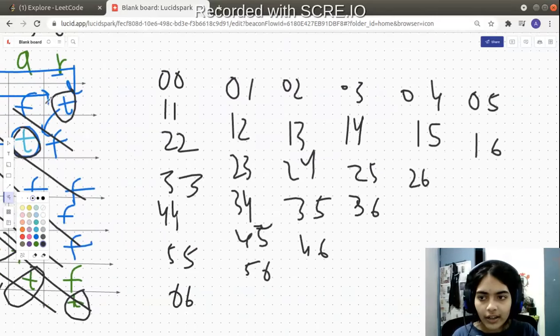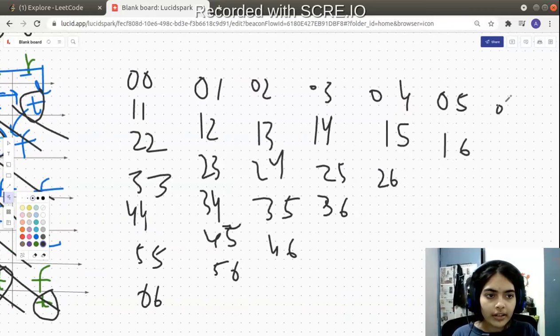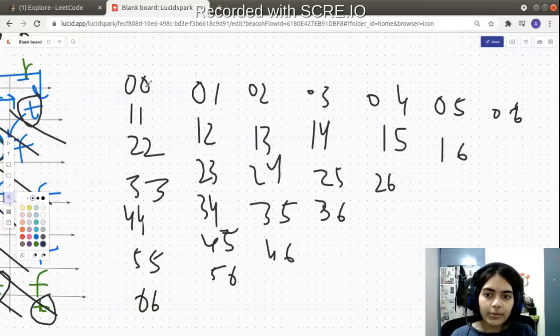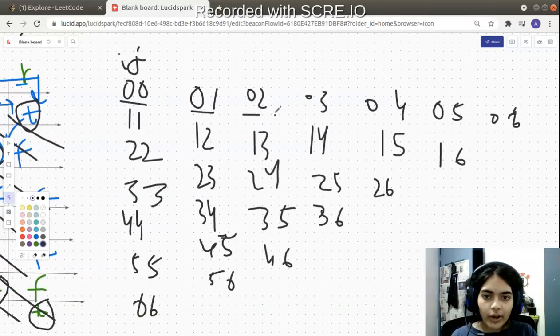What about the last diagonal? What is the row and column index? 0 6. So how do I fill these values? How do I iterate? I can declare two variables i and j, and I can iterate over them. But you see, each time, if I just get the starting value, after that I have to just increment i and j one time, right?